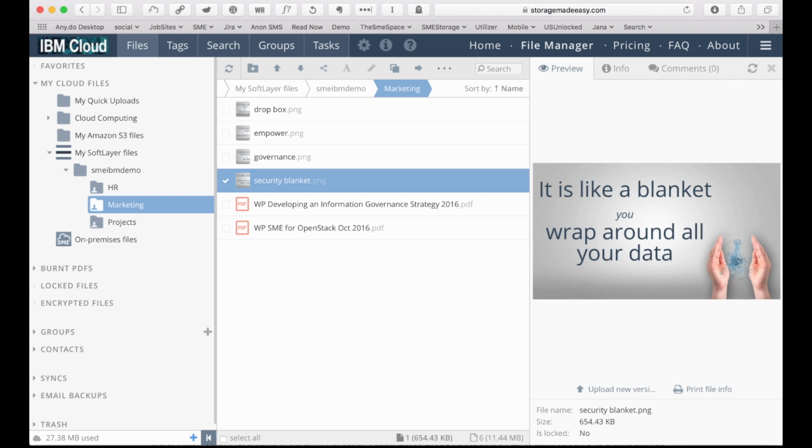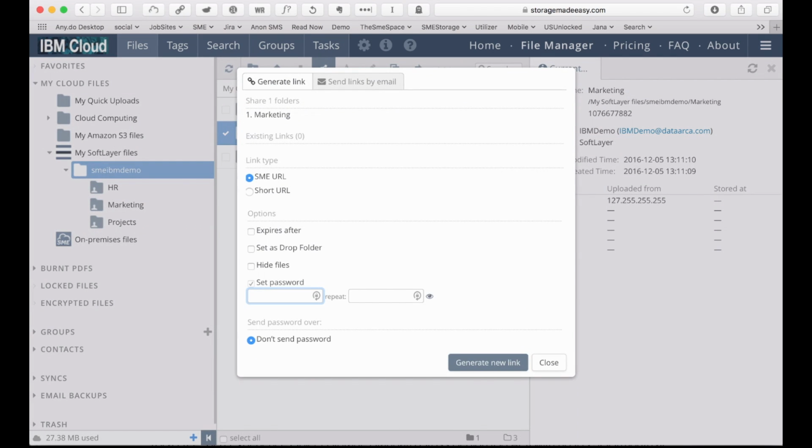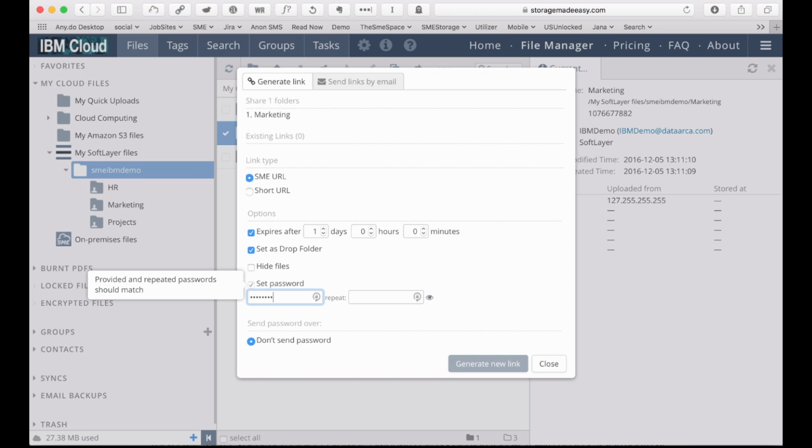The other thing we can do is share folders for external collaboration, or to enable people to drop some files into a folder with very limited permissions. So to be able to do something like that, if we go to, for example, the marketing folder and we click to share the folder, we can share this folder by URL. We can again set the options about when it can be set to expire. So maybe we're just going to let it be 1 day. And then we can choose to set it as a drop folder. This means that people can actually put files into it. They don't need to log in, they don't need to have an account, but they will need a password. So if we set a password,